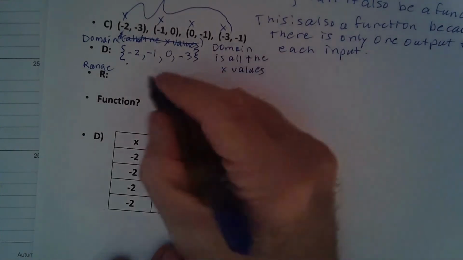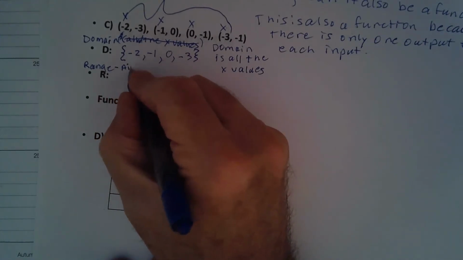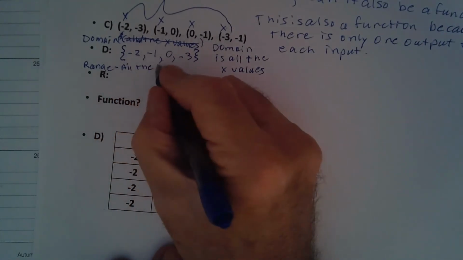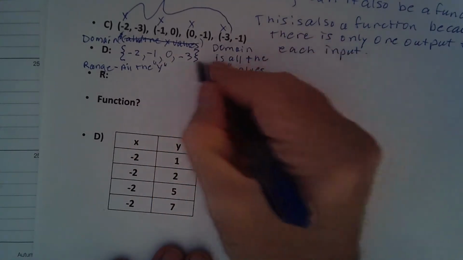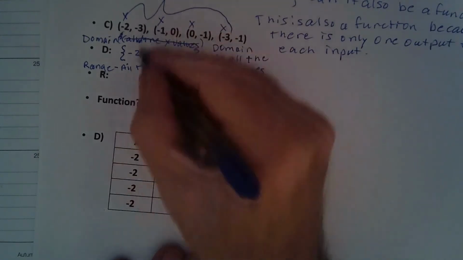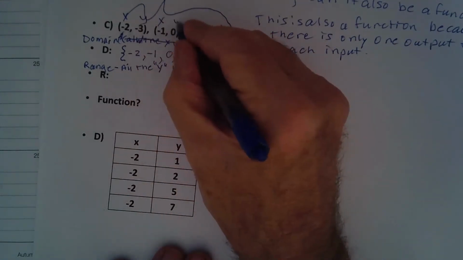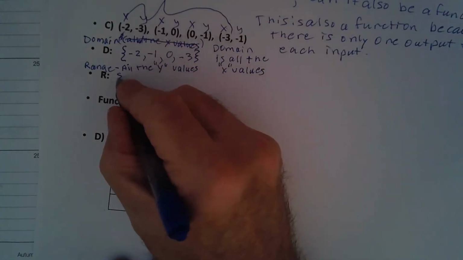We'll just say all the X values. Now the range is all the Y values. So those would be -3. So this is your Y, this is your Y, this is your Y, this is your Y. So -3 is the first one, curly bracket,